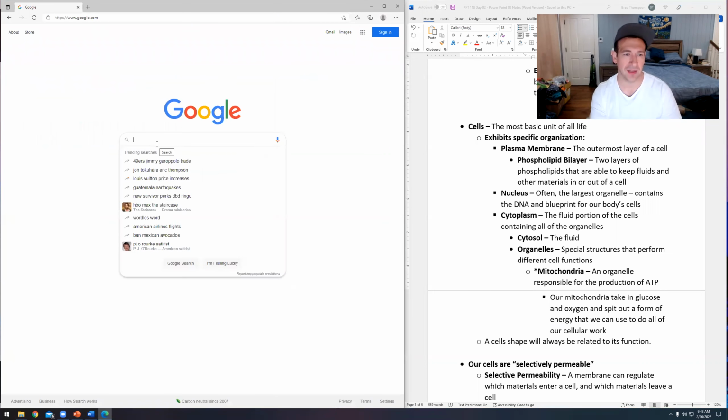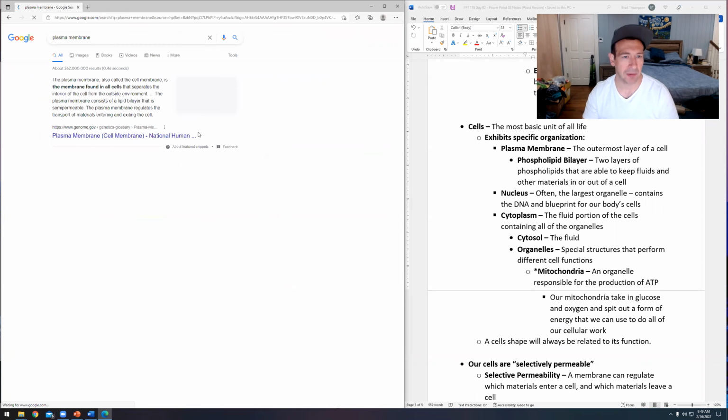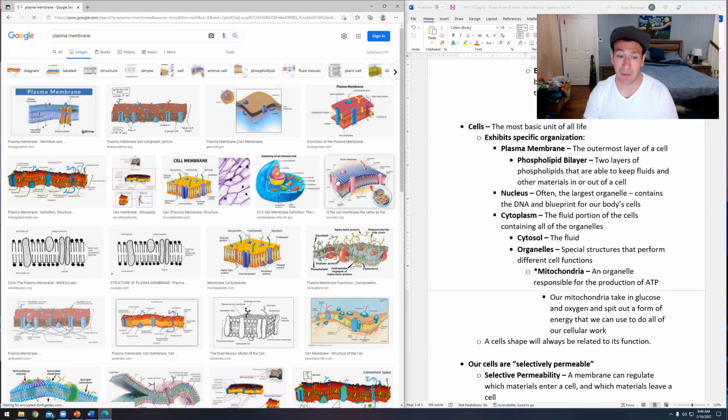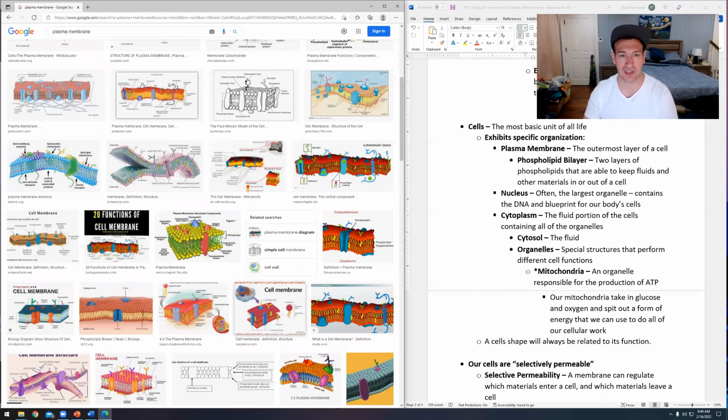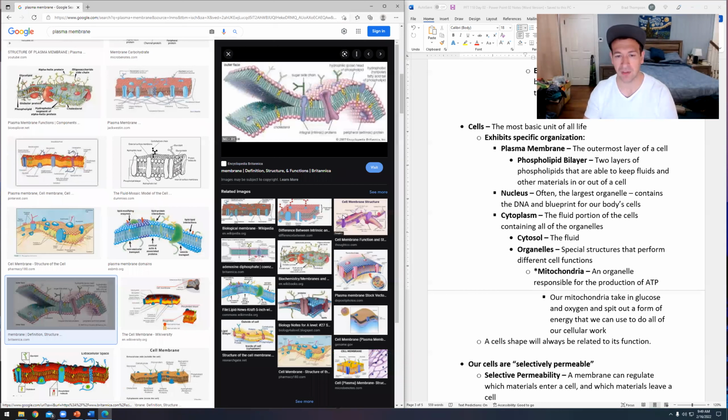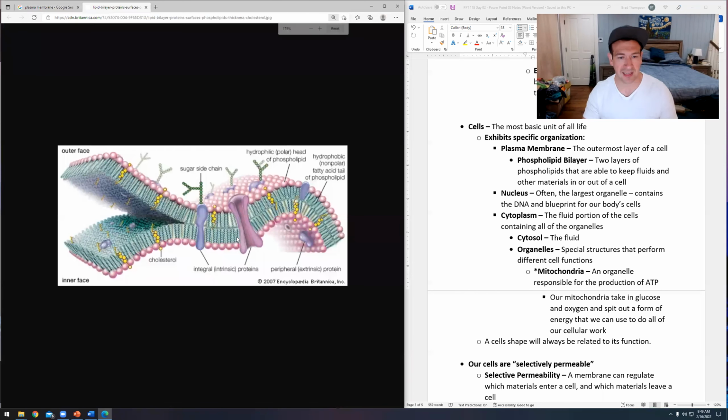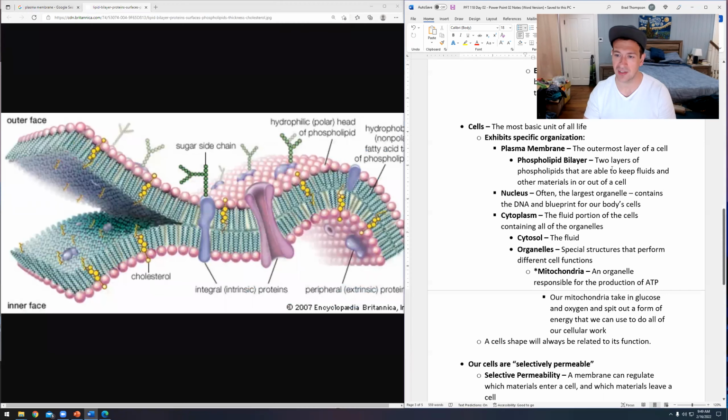You're going to see this plasma membrane, okay? And a plasma membrane is really cool. It's that phospholipid bilayer. It's made up of fats and it's 2 layers wide, right? Oh, that's a great picture because you can see it's kind of peeled apart there. They peeled the 2 separate layers apart, but it looks like this, right? It's got all these really cool little channels in it. So this is 2 layers of phospholipids that are able to keep fluids from one side to another. So you'll hear people say sometimes you've got your intracellular water, that's the water found inside your cells, and you've got your extracellular water, that's the water found outside of your cells.